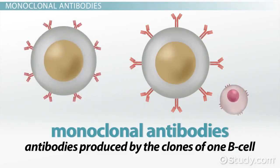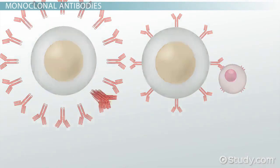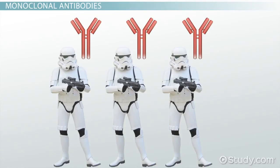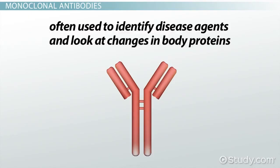Antibodies produced by the clones of one B cell are called monoclonal antibodies. You can think of monoclonal antibodies as the stormtroopers in Star Wars. Each one looks exactly the same and does exactly the same thing. Monoclonal antibodies are highly specific. They're often used to identify disease agents and look at changes in body